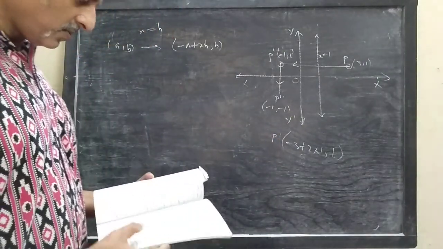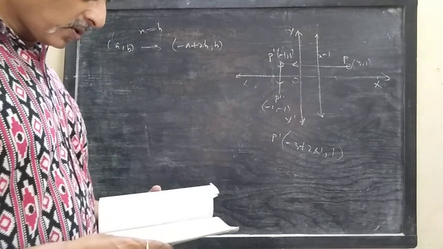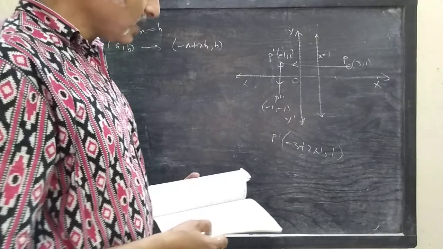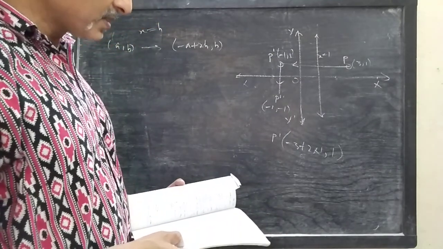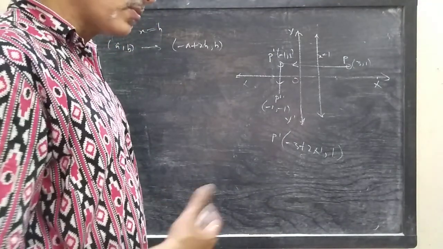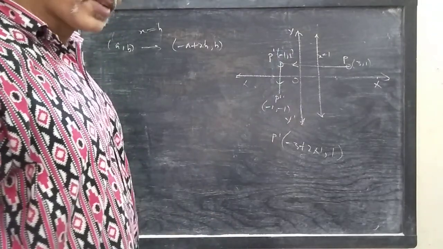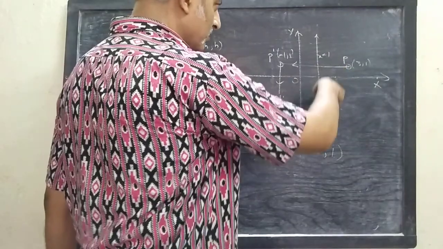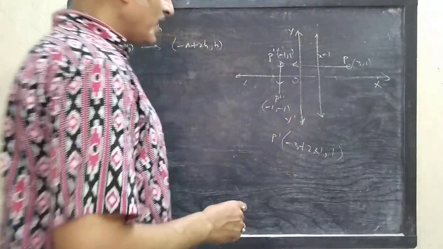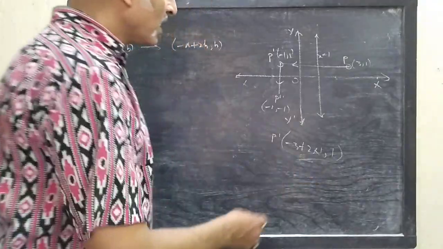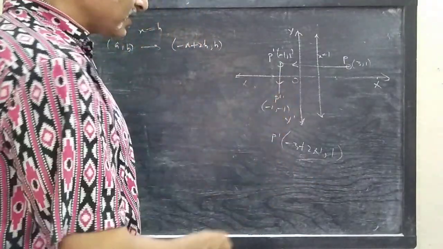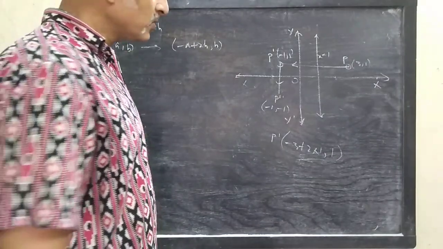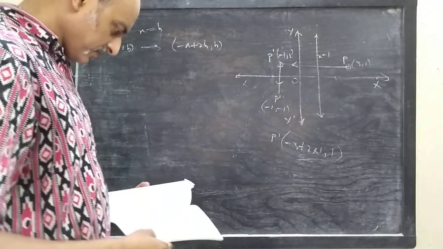So what was the question? Let us recall. Find the coordinates of the image of (3, 1) under reflection in the x-axis followed by reflection in the line x equals 1. So followed by what transformation? That will occur first. So you have to first reflect it in x equals 1. You get the point P dash (minus 1, 1) by this formula. After that you have to reflect this point in the x-axis. Then you get the point P double dash (minus 1, minus 1). So this is our final answer.